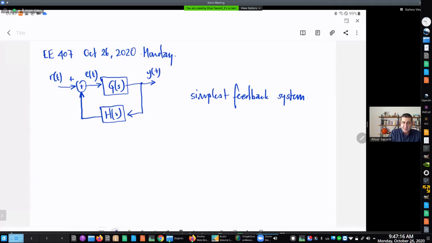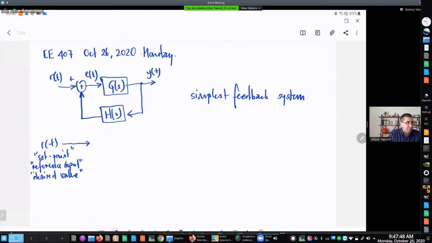Let's start with the reference signal R of t. Okay, so this is sometimes called a set point. It can be called a reference input, or it can be also called a desired value, provided that it's a constant, right? But we know that in general it can be a function of time. Okay, so this R of t